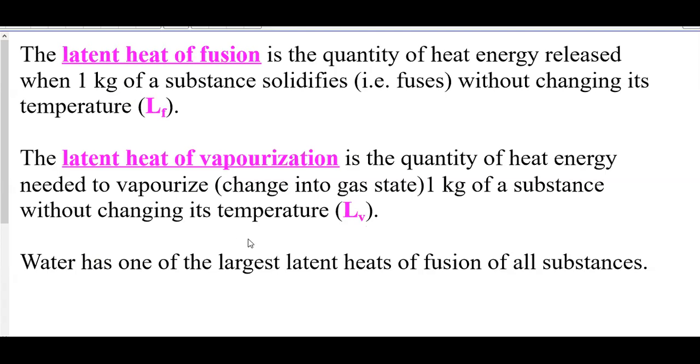There's no extra definition for latent heat of condensation. You would just use the same latent heat of vaporization, because again, it's assuming we're going from water in its liquid state into a gas, because it's more common for water to be in its liquid state at normal room temperatures. So